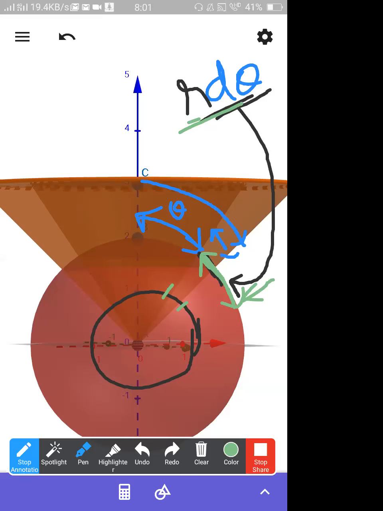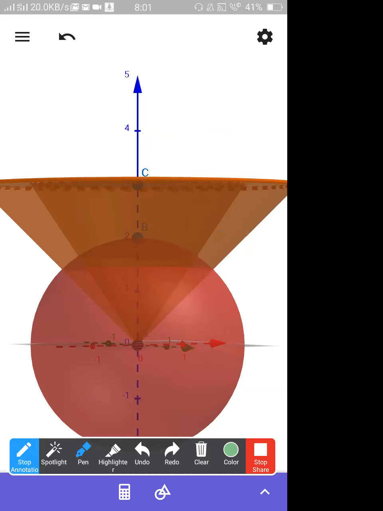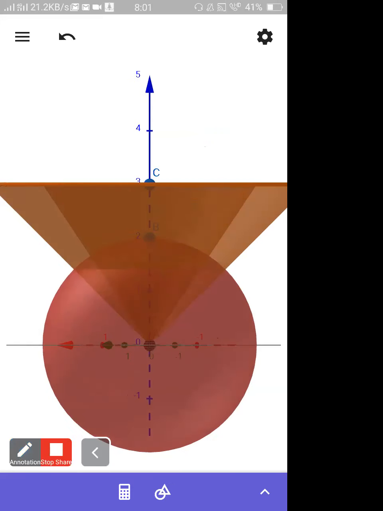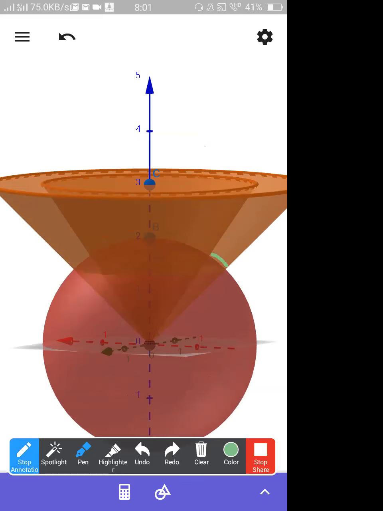But one more thing you have to note down: it is independent of d phi. What does that mean, sir? You can choose anywhere on that sphere, say here also. What is the arc length? Same. Or you can rotate the diagram any way you want and measure the change in the arc length. It will still be the same. That means it is independent of phi. That's why any change in theta will give you only an arc length of r d theta. There will not be any phi component.